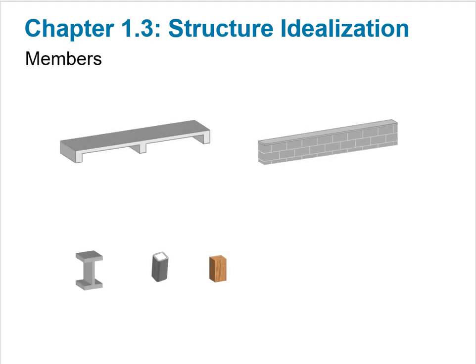To idealize a member, we need to consider the ratio of width to height of the member's cross-section. Structural members like walls and floors have a really big aspect ratio, and we idealize them as a flat plate. Structural members like beams and columns typically have an aspect ratio much closer to 1, and we idealize them as